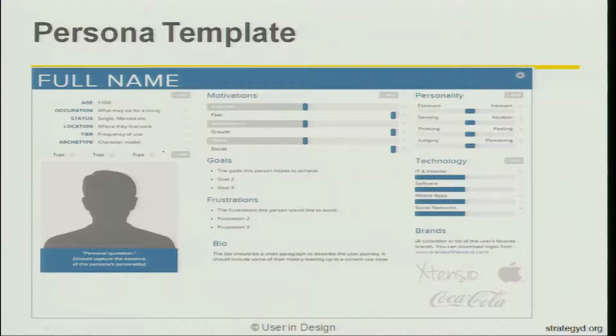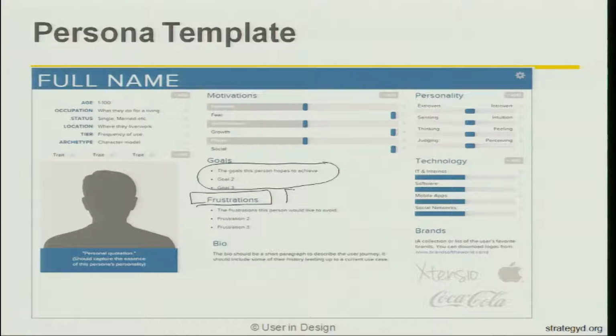Then certain traits that you might put, their motivations, so the fears, growth, and social. Okay, what are their social notions from a social perspective, growth aspirations, etc. Goals, what are the goals that this person has? Okay, because you as a designer, as an engineer, as anyone building the product, need to be able to understand the user's goals, because that is what you need to satisfy through your design. Not just satisfy, but excel in.